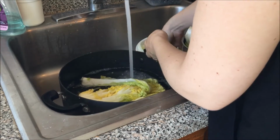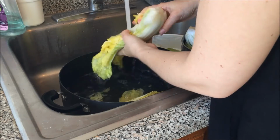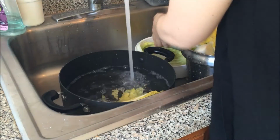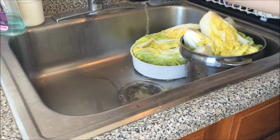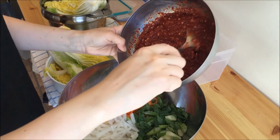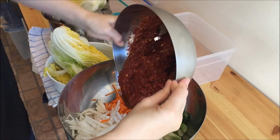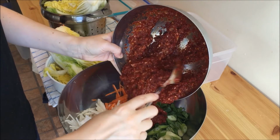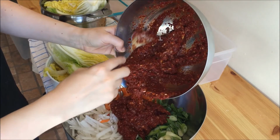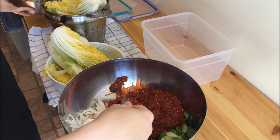Once you're done, let your cabbage drain for, I would say, 20 or 30 minutes so that your cabbage is pretty dry once you start assembling. Now it's time for the grand finale. I'm mixing the kimchi paste that we made with the vegetables that we prepared. And then,